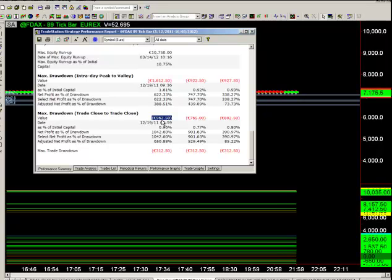So you need to put a line in the sand and say, right, even though I've done a lot of work on this strategy and I've got a high performance system, and I've taken out all the bad days, or I've taken out the bias where the shorts aren't working or the longs aren't working, I've still got to make sure that I actually apply my circuit breaker. Because if you fail to do that, you're opening yourself up to more losses. You look at your pilot system max drawdown, which might be, say, $2,000 or $3,000 in our example, and if your high performance system maximum drawdown is $1,000 and you decide that's what your circuit breaker is going to be,